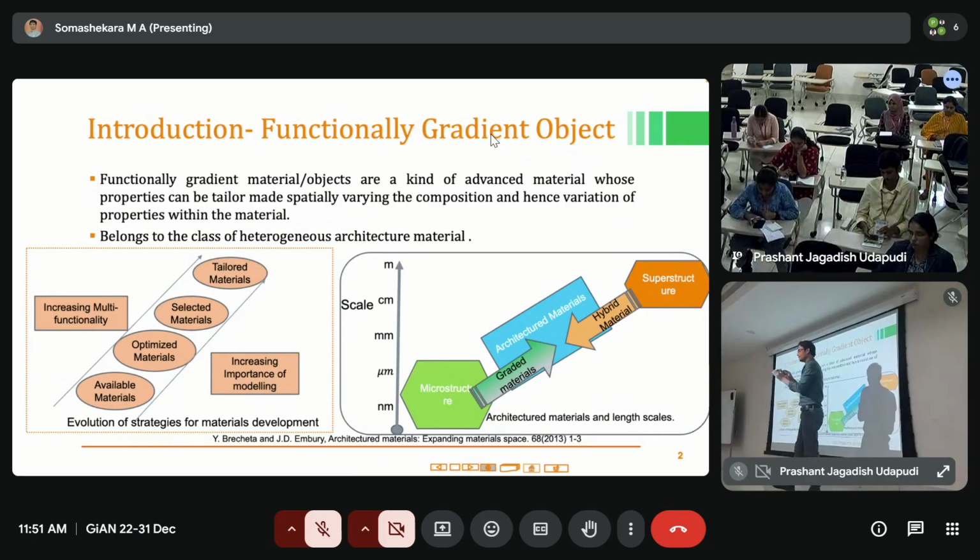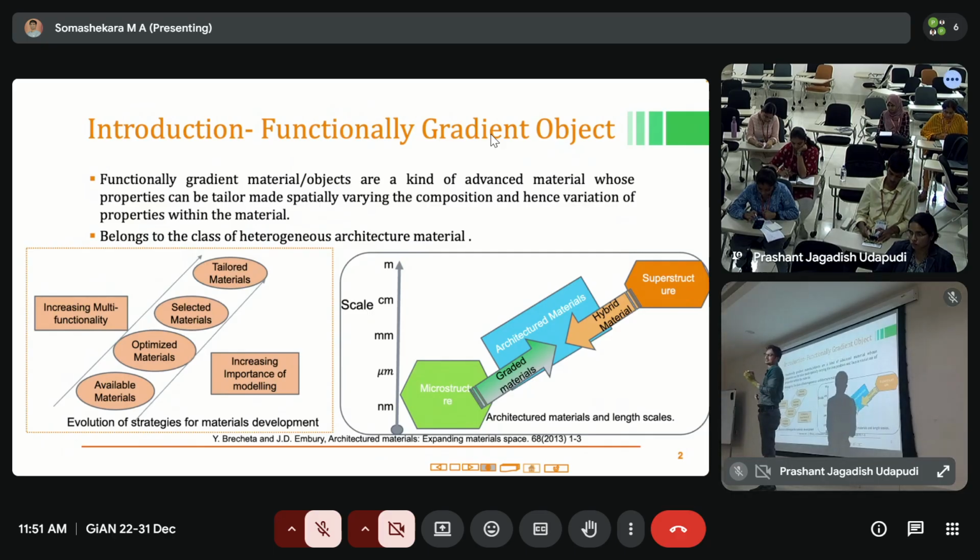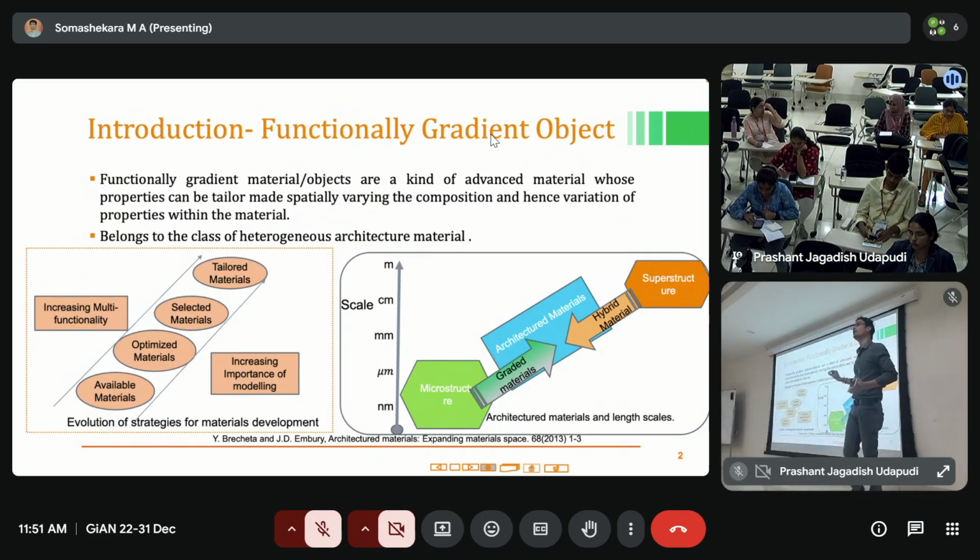What I do, while making a component, I vary the composition in such a way that this side I will have completely magnetic material, and this side completely non-magnetic material. Now I have the leverage, or the luxury, in varying the material or changing the composition, right, through